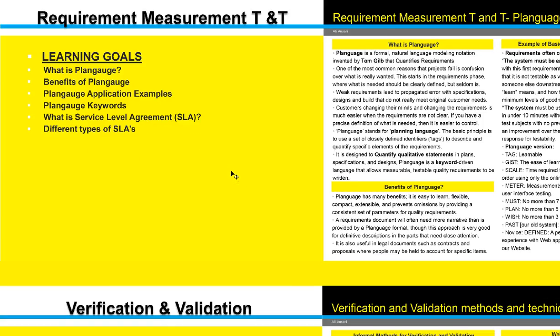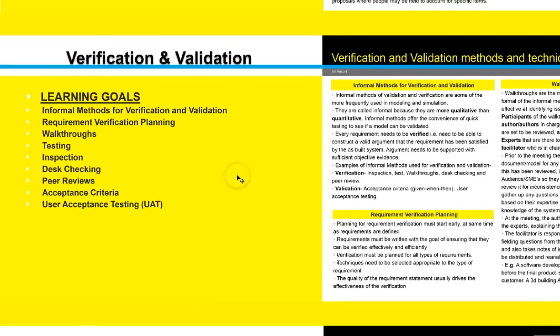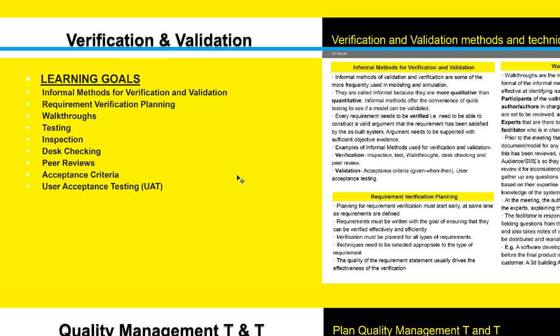The next one we have is verification and validation, as I was talking about earlier. This is where you are going to verify and validate all these requirements, if it met the customer's satisfaction, if it was designed to what the customer asked for. And for doing that, you're using informal methods for verification and validation, where we are going to use requirement verification planning. We are going to use walkthroughs, where you walk through the requirement and see if everything looks right, where you're going to test the requirement using machines or testing software